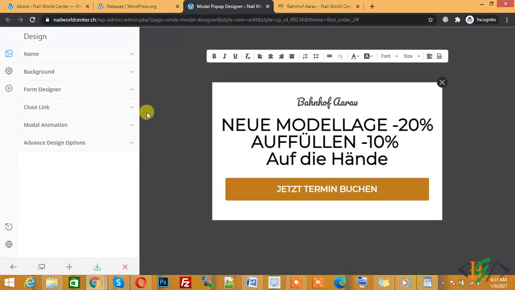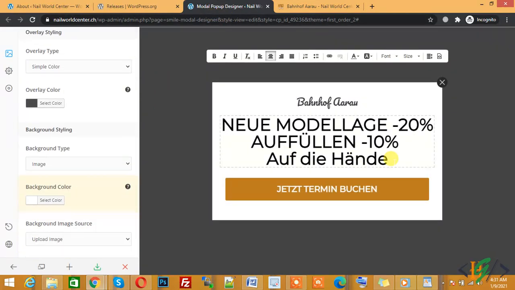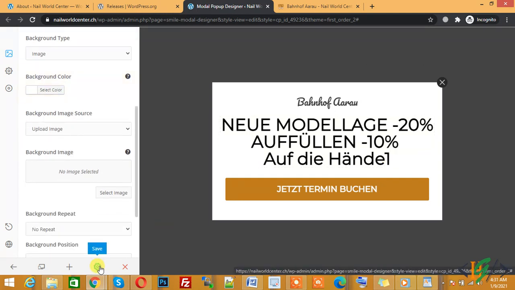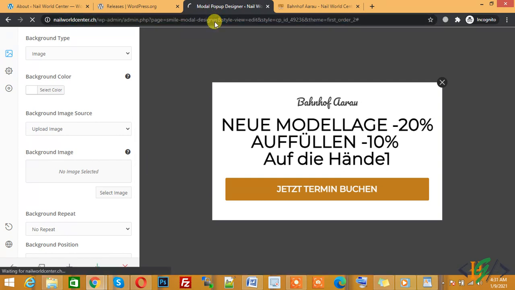You can see we can add one here, and now click on save changes. Now refresh again, and you see this one is still there. Processing is taking time.